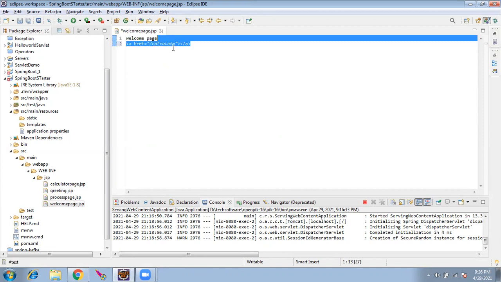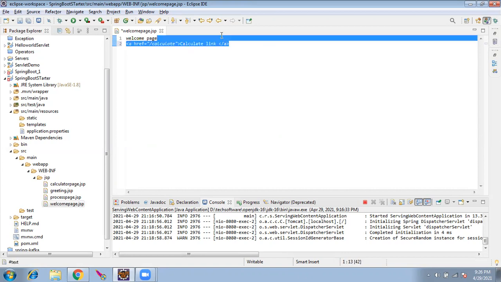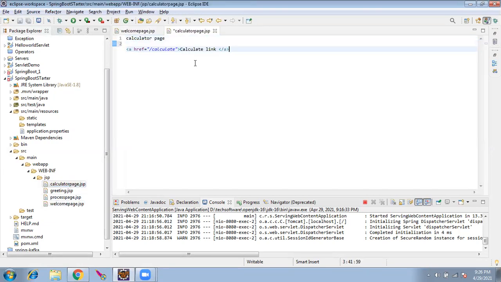So if I click the calculate link, it should take me to that servlet, to that URL and to the calculator page. From the calculator page, if I click the link to process, it is going to take me to process.